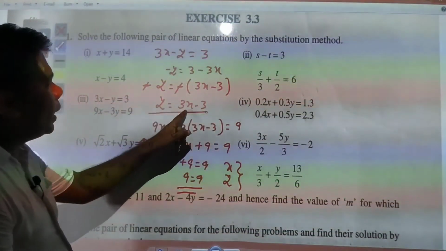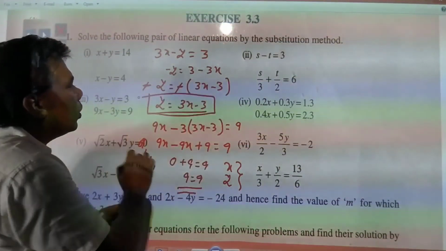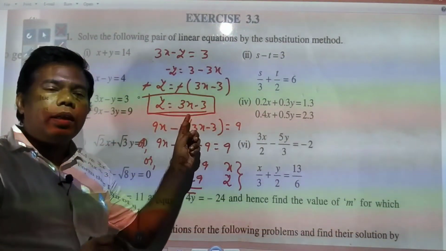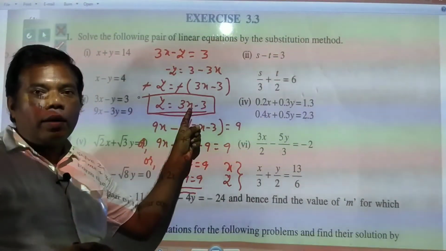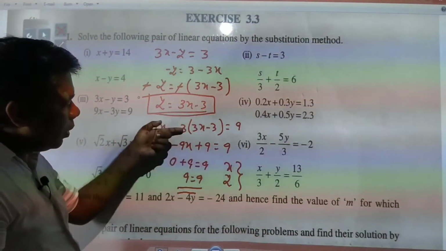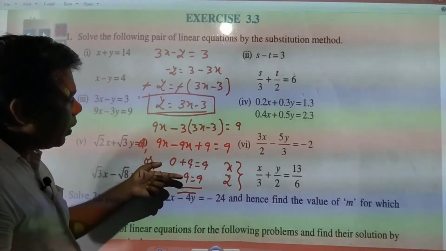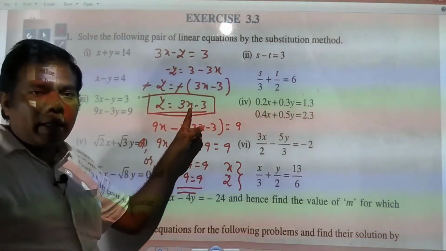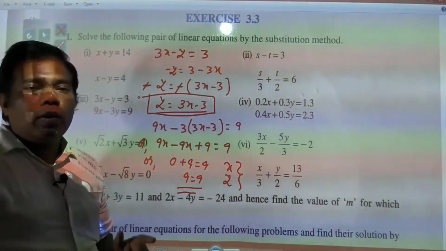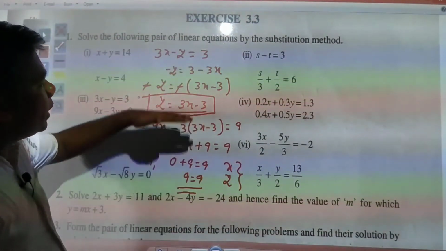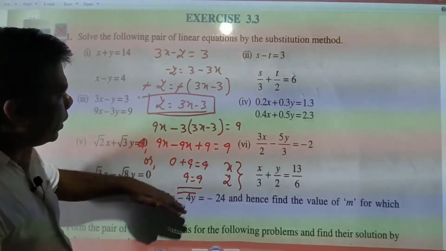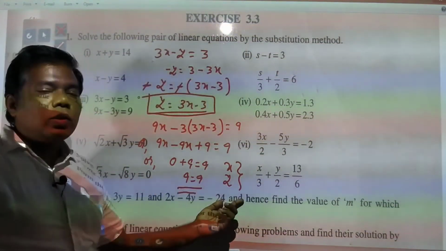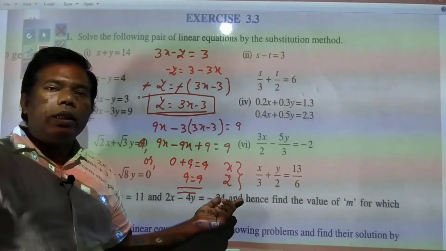Here y is equal to 3x minus 3 you have already got. So just imagine any value of x, 0, 1, minus 1, minus 2, minus 3, you will get infinitely many solutions of x, and that's why you are not getting a unique solution. You are not getting some perfect value of x and y. So you can imagine any value of x and find out y, that will be your answer. Otherwise, in this way, just write down y is equal to 3x minus 3, show this, and lastly you can show that x and y have many solutions, infinitely many solutions, that will be your answer.